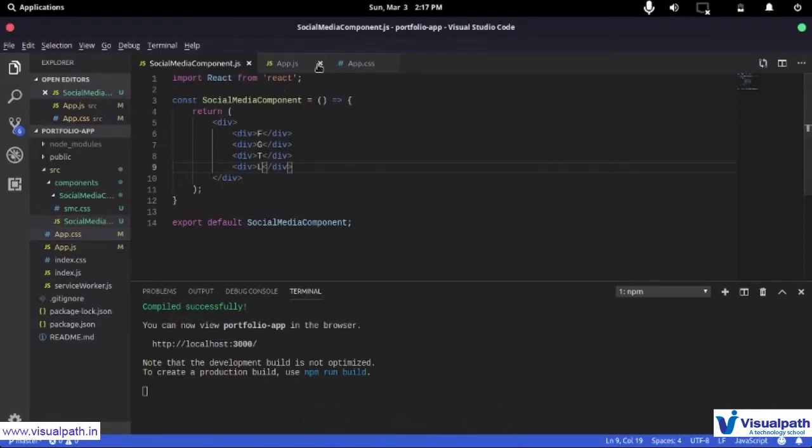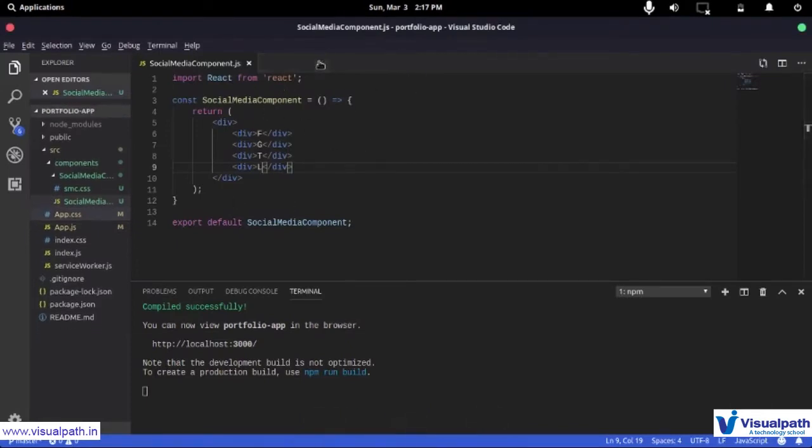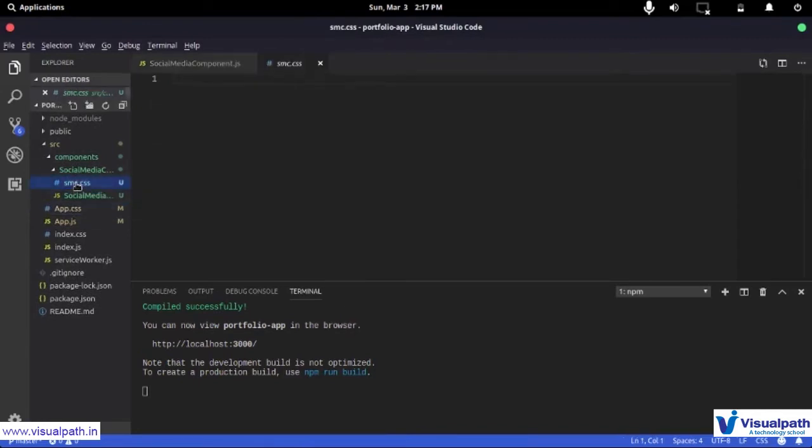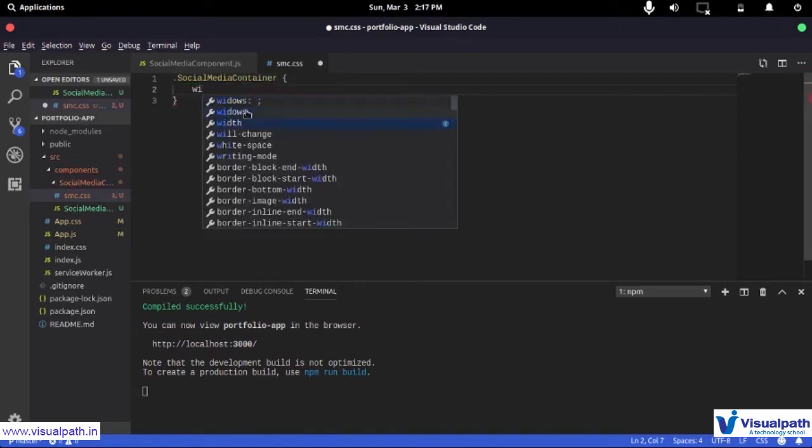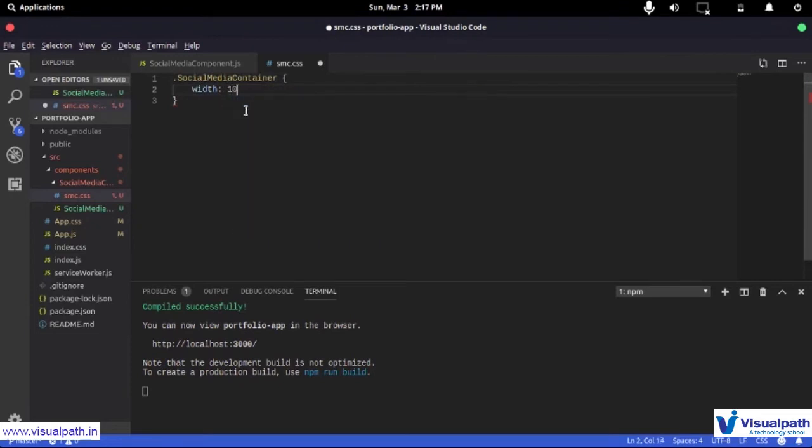Now is the time to introduce CSS. So I'm going to close these two for a while, and I'm going to go back to our CSS, and first I want to create a container. So I'm going to have a class called social-media-container, and this is just a top class that is going to contain the whole thing. I want it to be as wide as the outside thing, so I'm giving it a width of 100%.